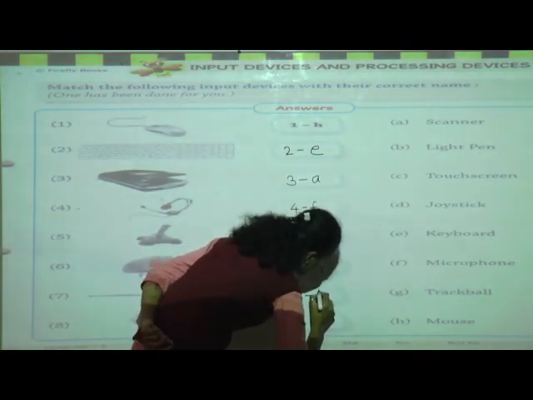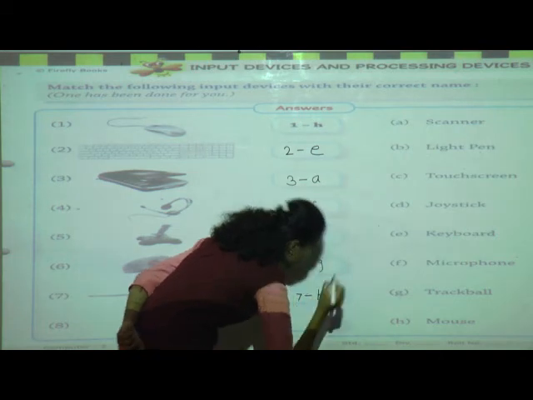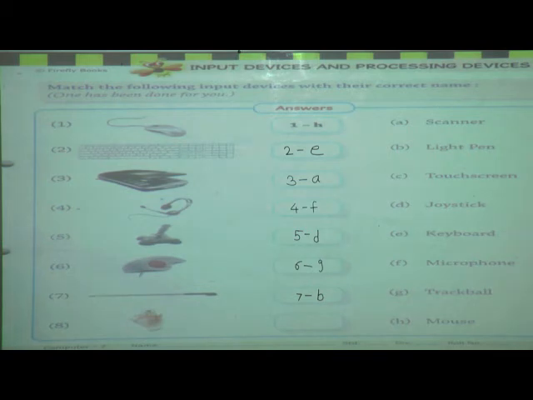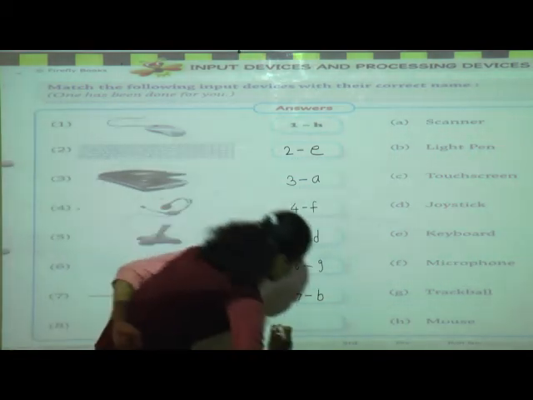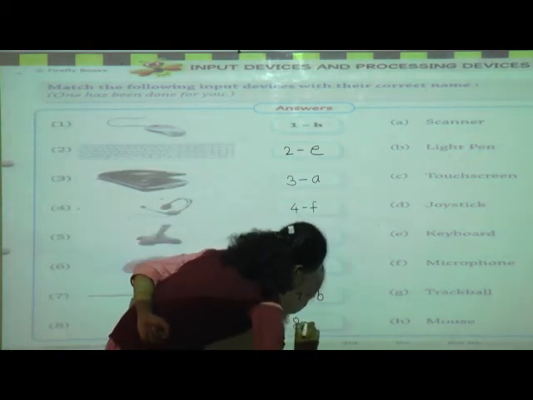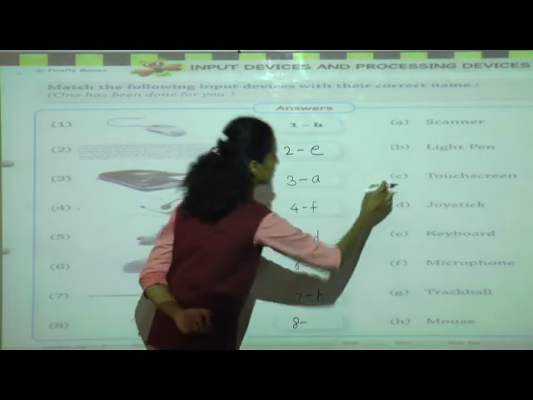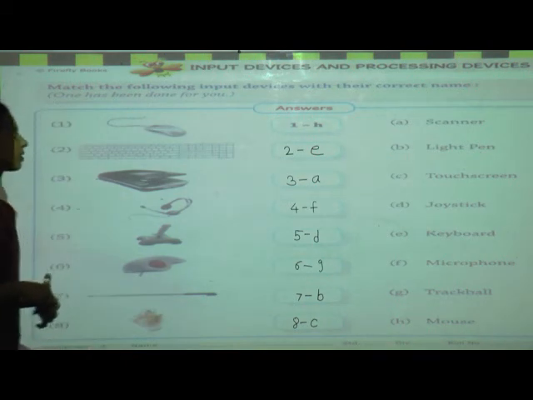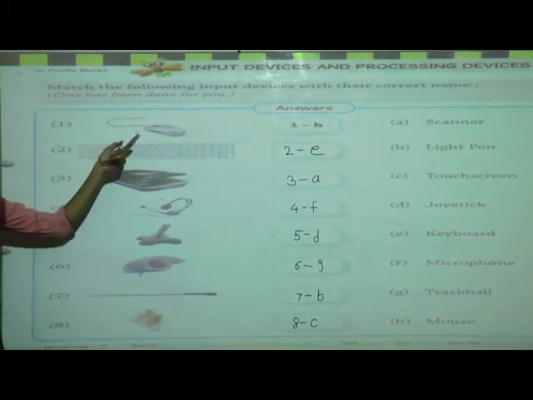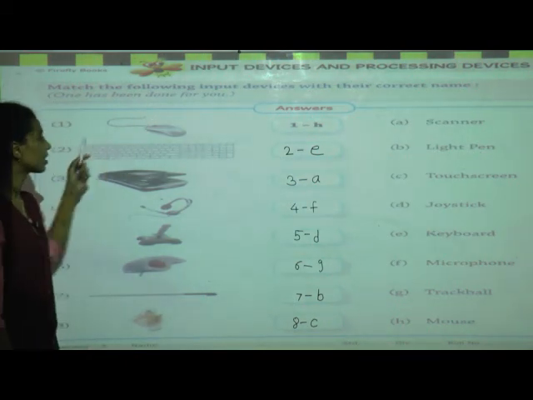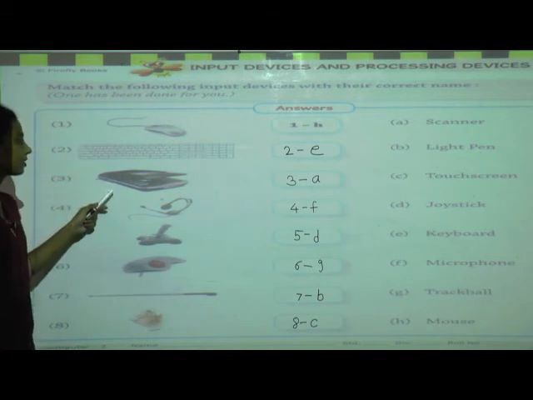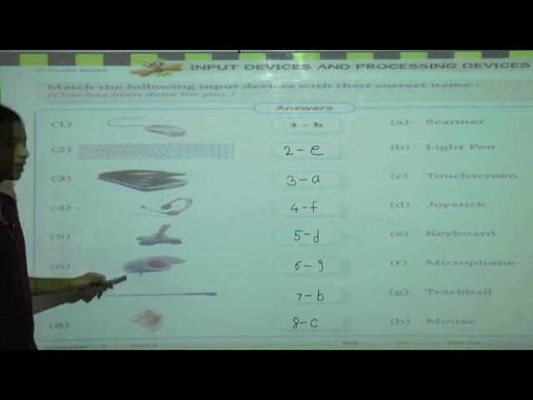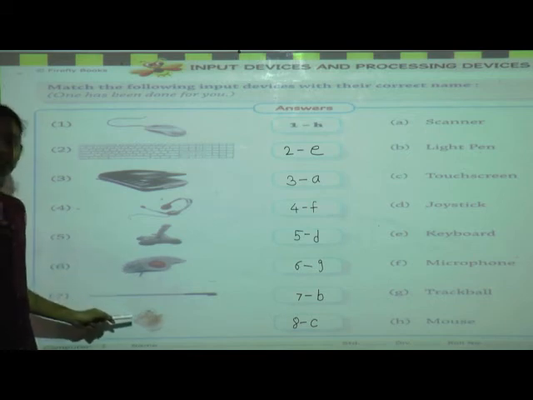B. Next, 8th number is touch screen. It is C. Understand? First one is what? Mouse, keyboard, scanner, microphone, joystick, trackball, then light pen, and then touch screen.